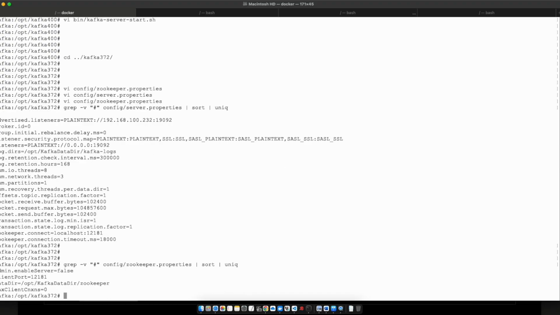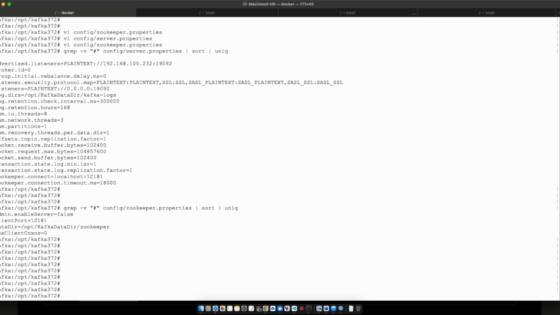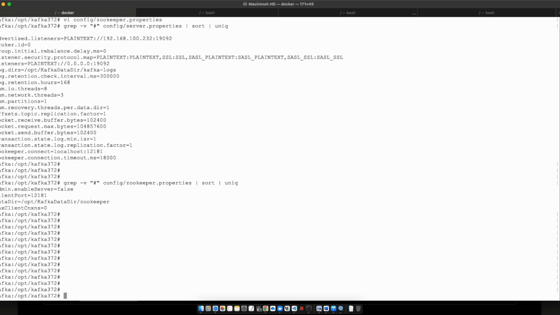Let's validate the Zookeeper properties, config zookeeper.properties. Another thing is Kafka, opt kafka dir, kafka logs. Okay, opt kafka dir, Zookeeper 12181. Okay, so basic setup configuration is done. So what we will do, first we will start, or okay, let me create one simple sample